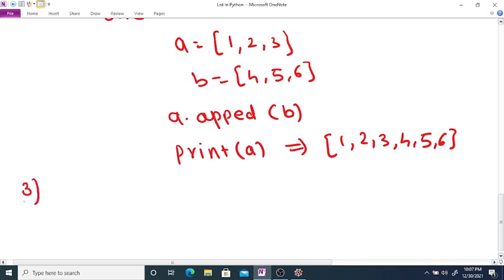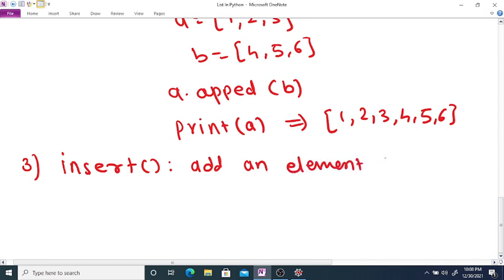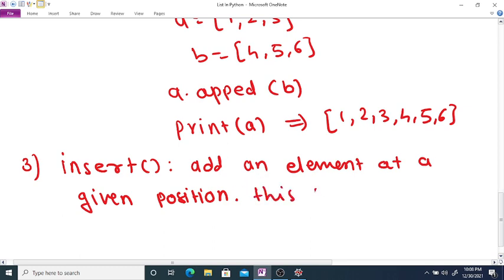Now the next, you can use insert, say number 4. This is used to add an element at a given position. This method takes two arguments.